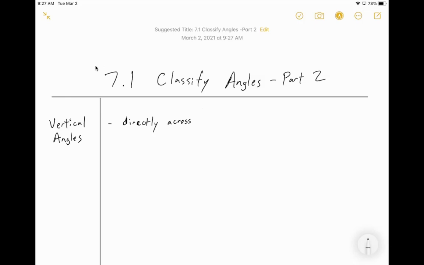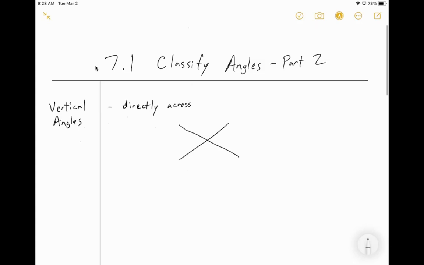So I want you to draw this. Draw an X, kind of a big X here. You can use your ruler if you'd like. And then I want you to go ahead and number these angles. We'll just say this is 1, 2, 3, and 4. Okay, so